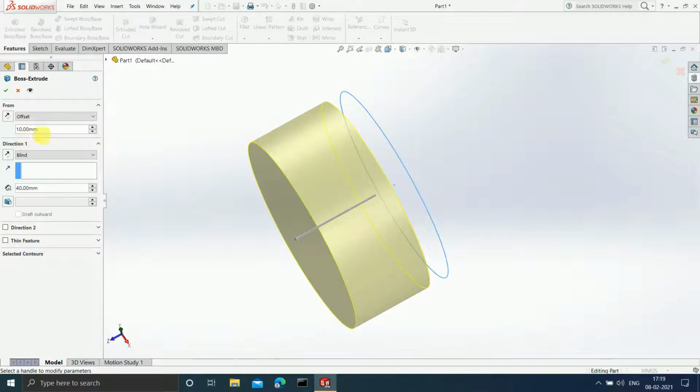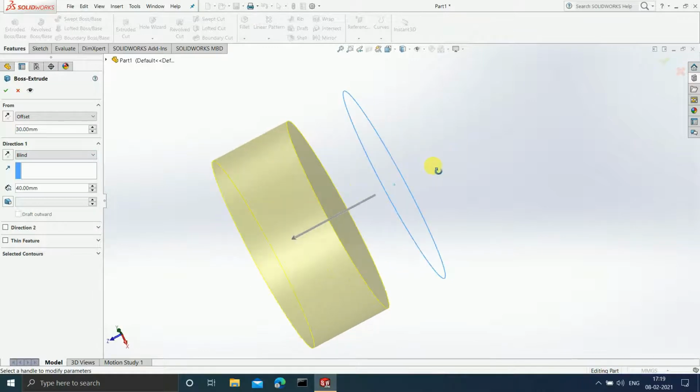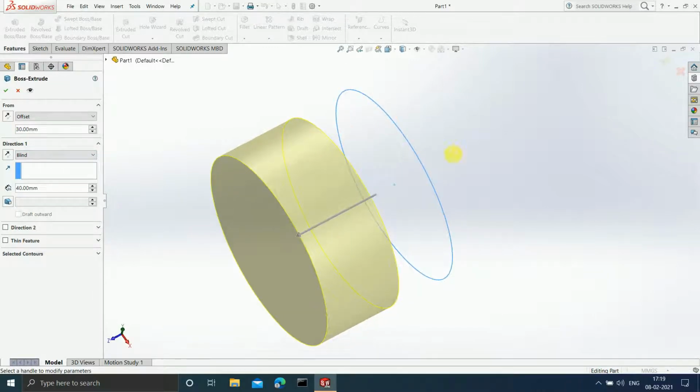If I make it 30, observe, guys, the model is now going to shift more towards the left. As we increase the offset, it is going to move more away from this plane that we have sketched.